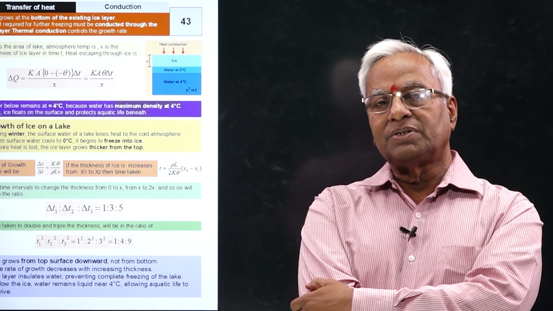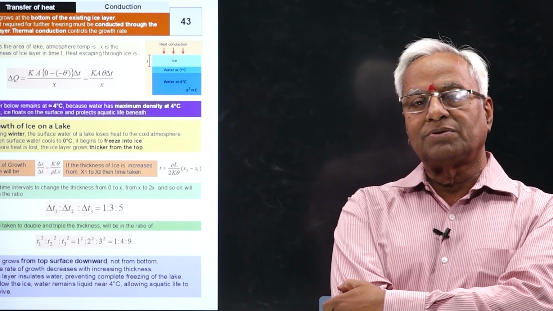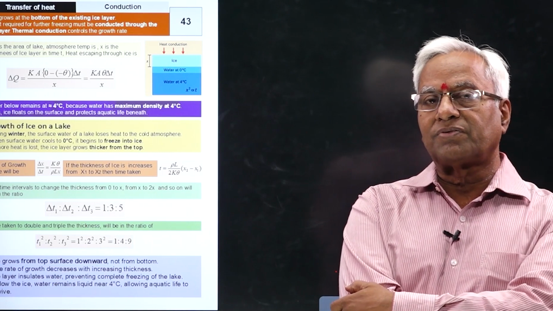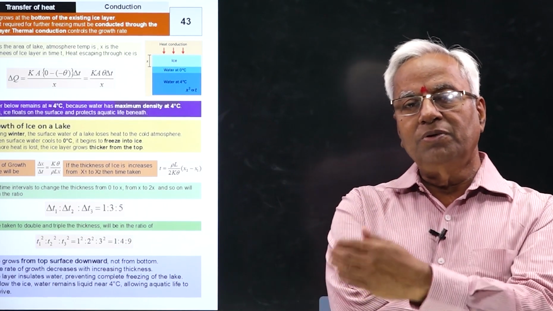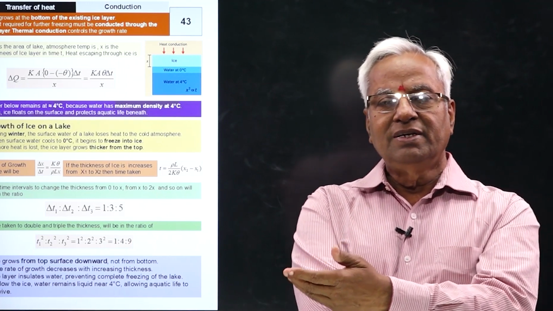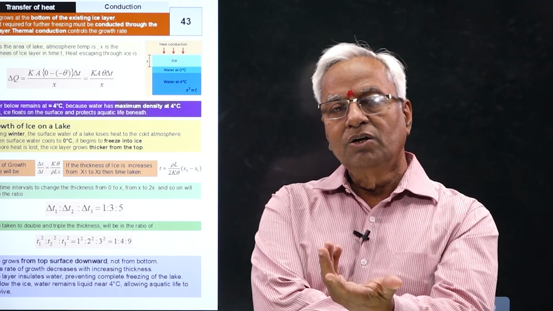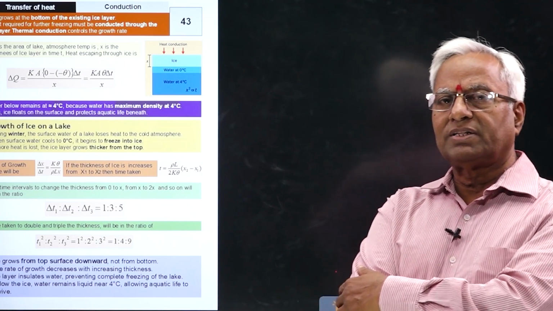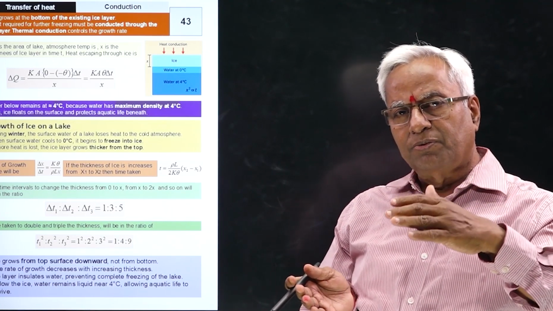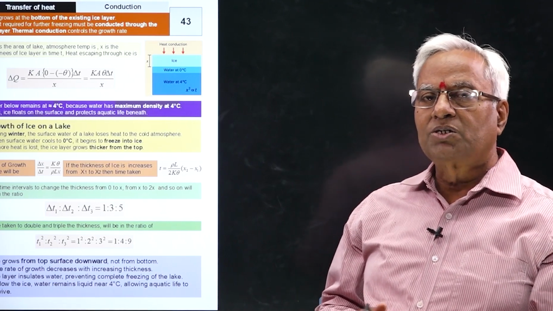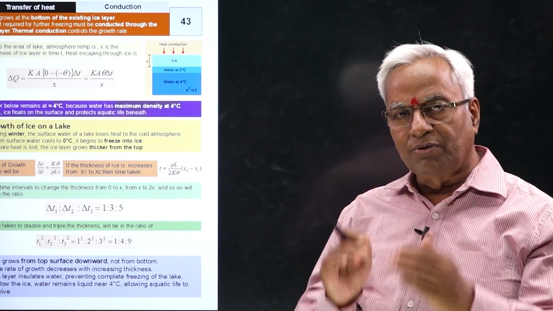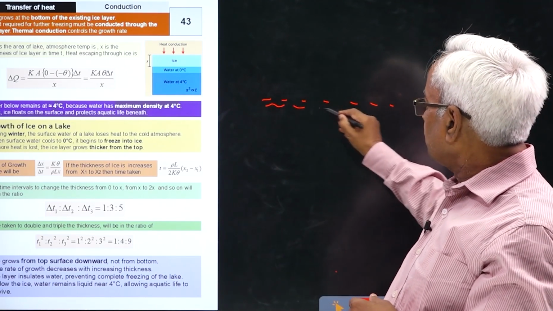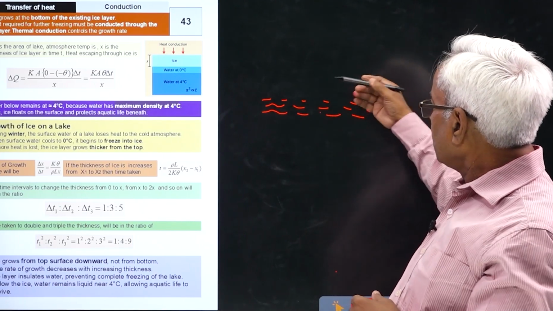In summer season, you see that water always lags behind in getting hot. That's why at noon, if you compare earth and water, you will find that water is comparatively colder than earth, for the simple reason that it is lagging behind in getting hot. Similarly, here also, when the temperature of the atmosphere goes below 0 degrees Celsius because of snowfall and all that, water lags behind and still hasn't gone below 0, and that's why a temperature difference develops between the water and the air above it.